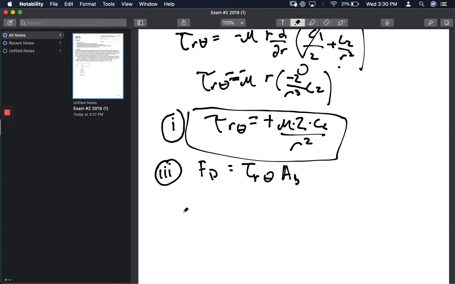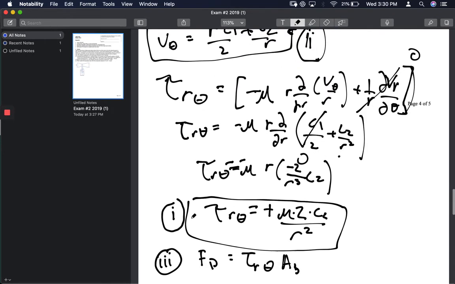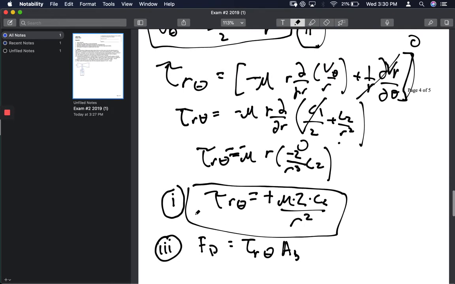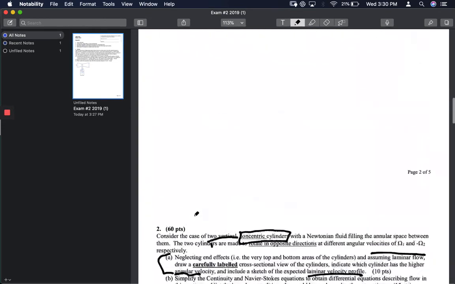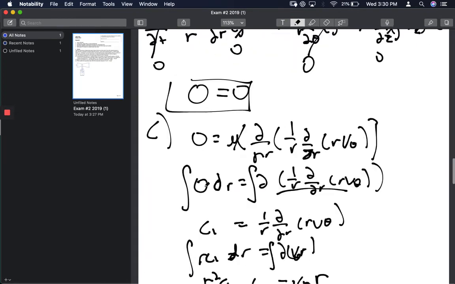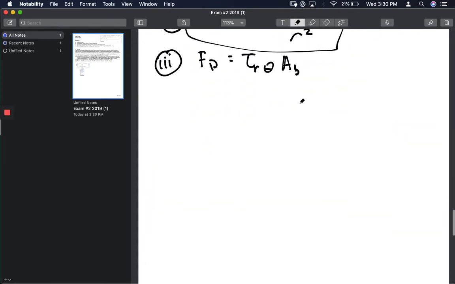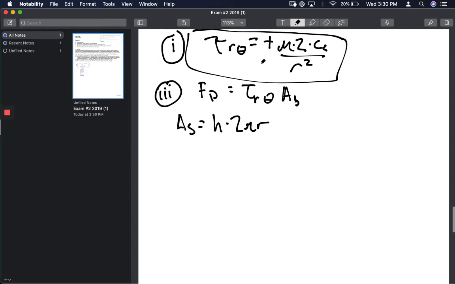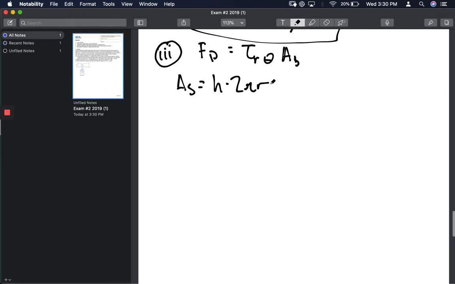And if we look at our surface area, it's just going to be the inside or the outside of the cylinder, depending on which drag force we want to look at. So I'm going to say that the surface area is equal to h times 2 pi r. So we just take our tau r theta, which we found right here, and multiply it by h times 2 pi r. And what we'll be left with is some